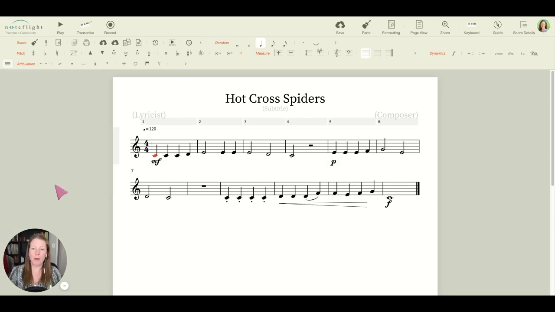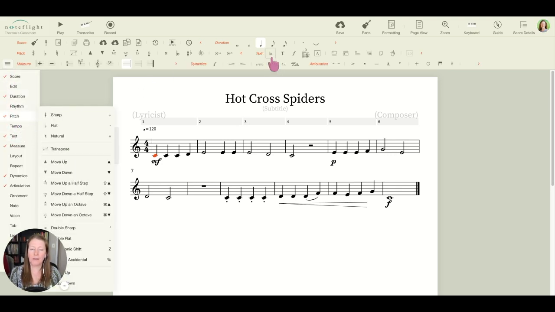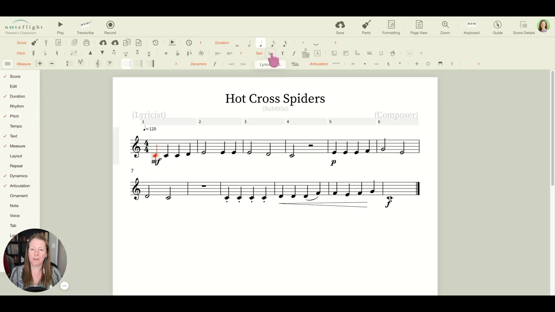The final thing that you might want to add to your song are lyrics. So to add lyrics, you're going to look for your text menu. And we'll use the lyrics tool, which is the la with the dash next to it. So we're starting by selecting our first note. We're going to click on that lyrics tool, and you'll notice the cursor is now blinking on top of the first note. So you're going to type in the first word or syllable that goes along with that first note. And you hit the space bar, and it'll bring you over to the next note. Space bar,